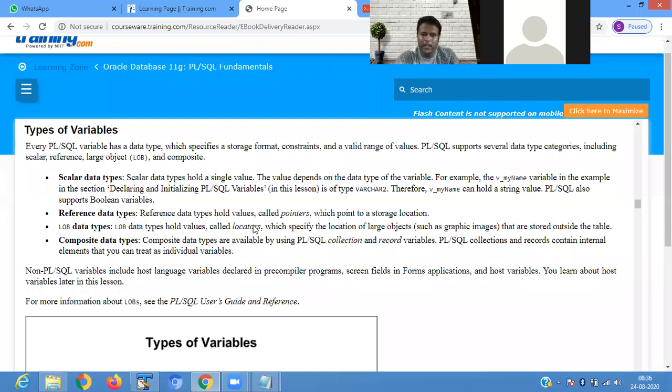A reference data type holds the value called a pointer, which stores the location where your value is stored. LOB data type is called the large object, which specifies the location of a large object. Composite data types are available by the PL/SQL collection and record variables, which contain internal elements that you can treat as individual variables.